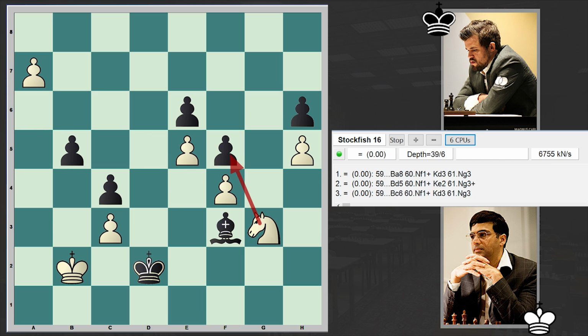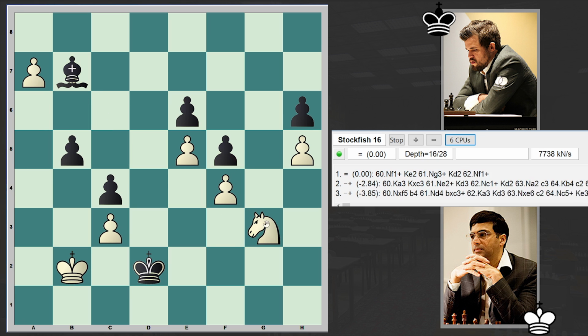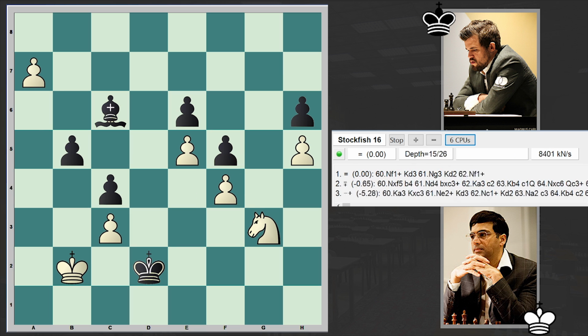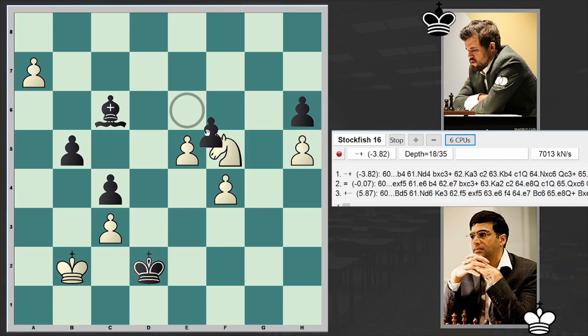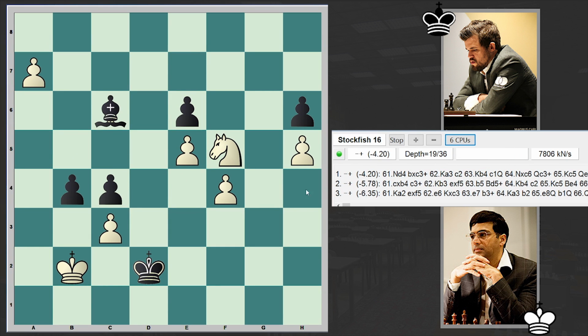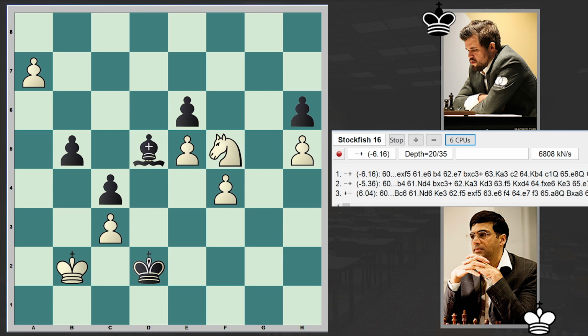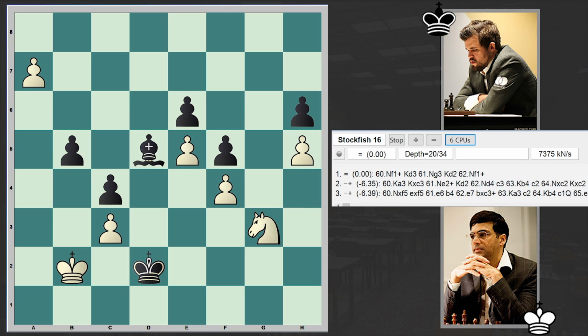Bishop d5. But was knight f5 really a threat? For example, if bishop b7, knight f5 is not even a threat. So it turns out that, yeah, black could pretty much also move his bishop to c6 as well, right? This move can be made with b4. Interesting, really interesting lines. Okay, we have bishop d5, and Anand goes for knight f5, which doesn't give white anything,